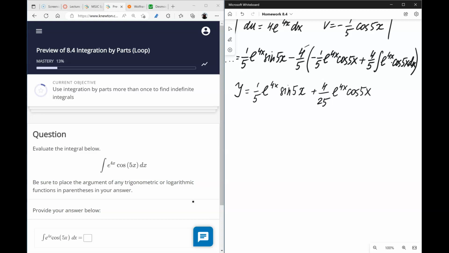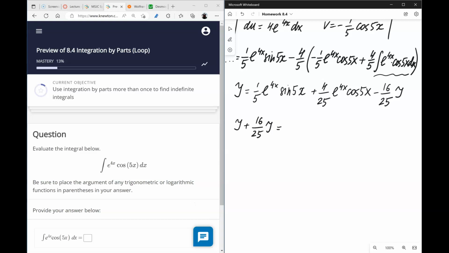Now I'm going to distribute it over here, so we have 16/25 negative. And this is the original integral, so that's my J again. What do we do from here? We add 16/25 J's to both sides. So here we have J plus